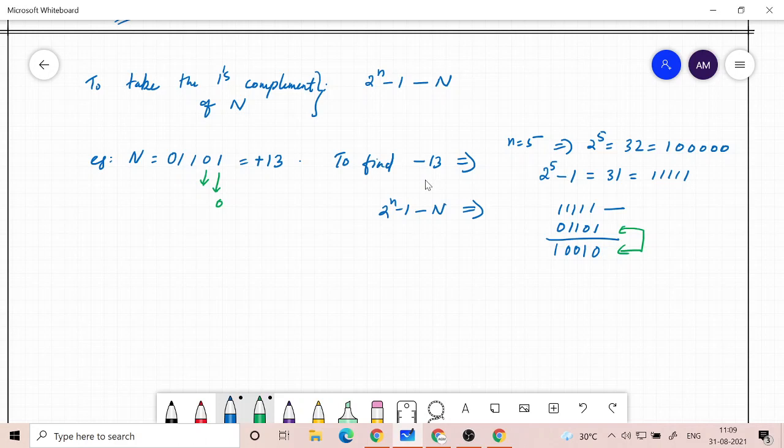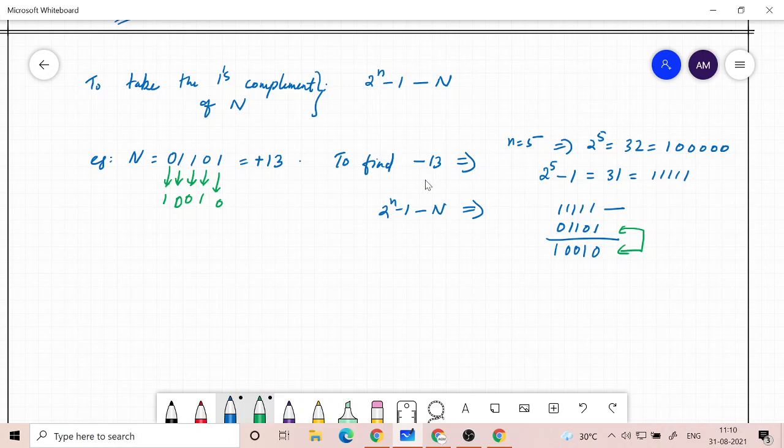If you have 0 here, you go to 1. You have 1 here, you go to 0. It's just a NOT gate operation. Okay, sorry, this is 0, and then this one 1. So you can directly come to this ones complement very quickly. Just complement every bit. For that you don't need a circuit which implements subtraction. So that makes it very, very advantageous for us.